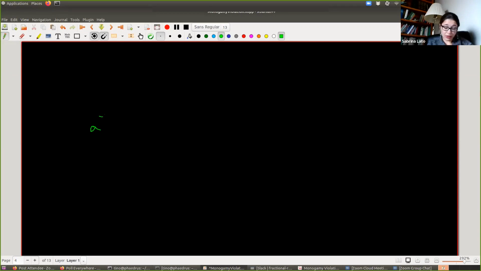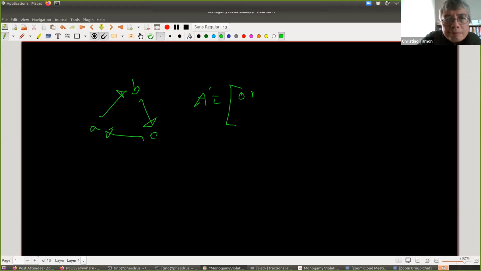So if you have a graph with every edge having an orientation, then there's a natural way to define an adjacency matrix, which is that there's simply a 0 if there's no edge incident to that vertex, 1 if there's an edge oriented away from the vertex, and a -1 if there's an edge oriented into the vertex. And this will be a skew symmetric matrix.